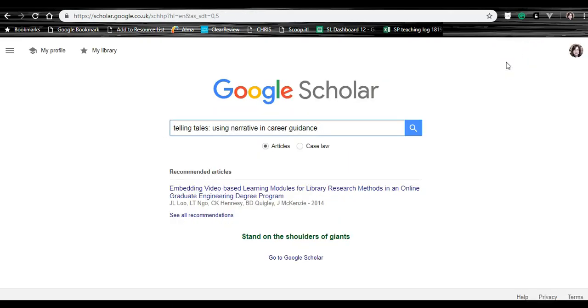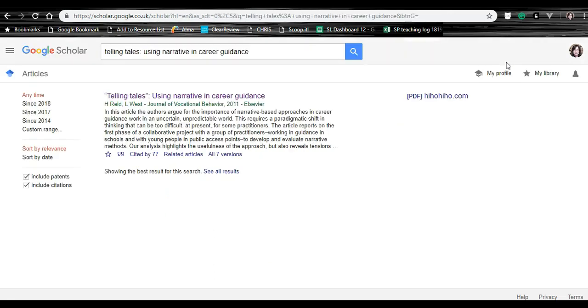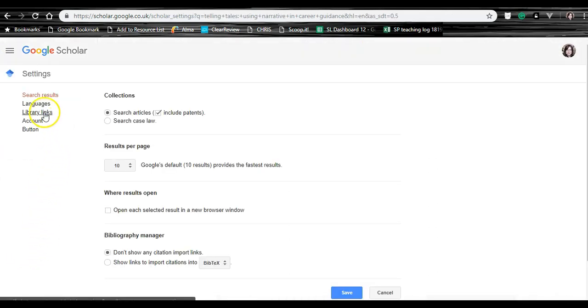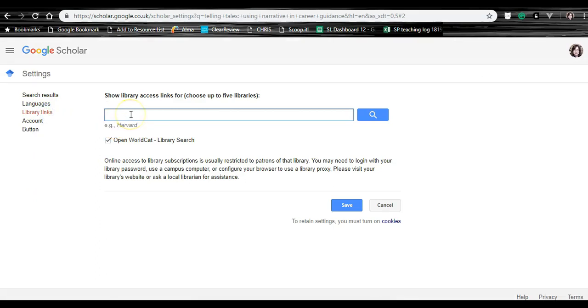The final way I might use to find the text of the article is by using Google Scholar. And again, I'm putting the title of the article into Scholar. And this brings me up a reference for the article that I'm looking for. Now, there does appear to be a PDF of the article pasted somewhere else, but I can actually join Scholar up to Locate and get the article through the library systems. So if I go to the menu bars and select Settings, then go to Library Links and search for Coventry University,